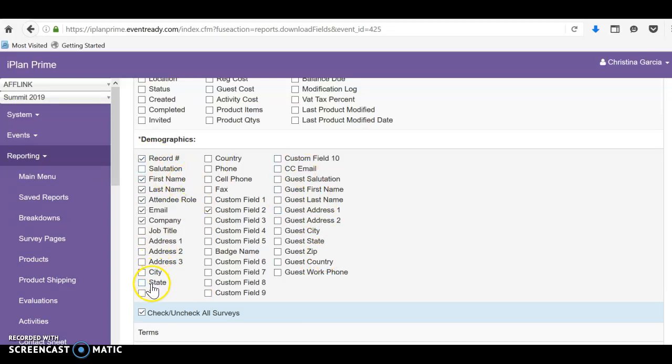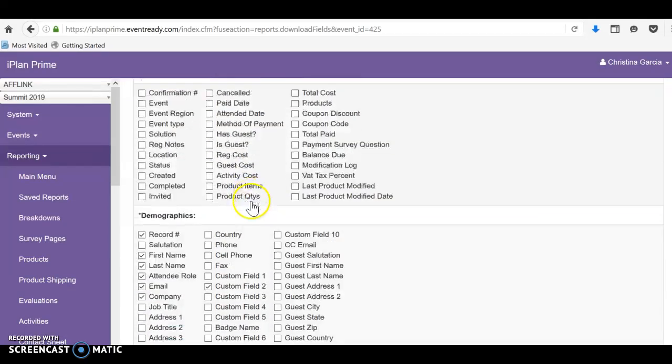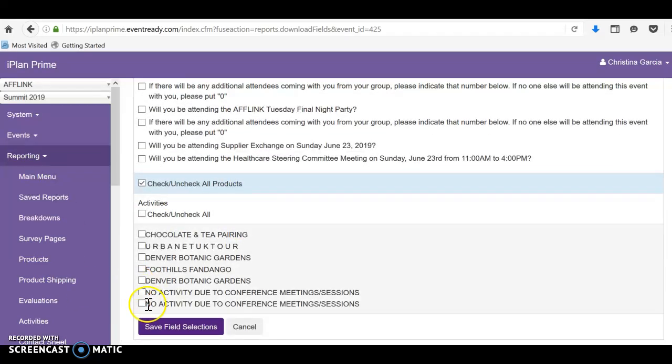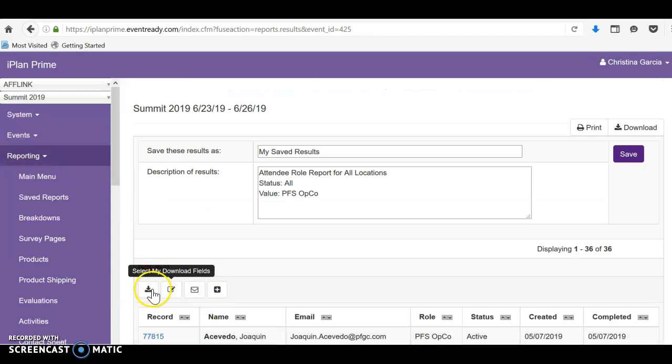As you go through, if you want more complete information, anything else you need, you can check those boxes as well. But for the purpose of what I saw, it looks like you really just want to see this company field show up in your report. So I unchecked everything else. No survey questions, no activities. So I'm going to save field selections. And then when I go to download results,